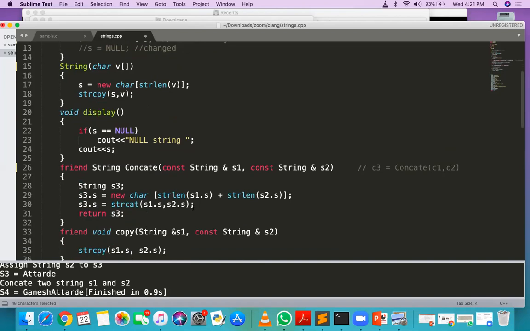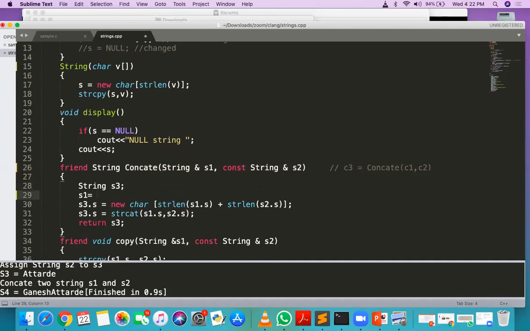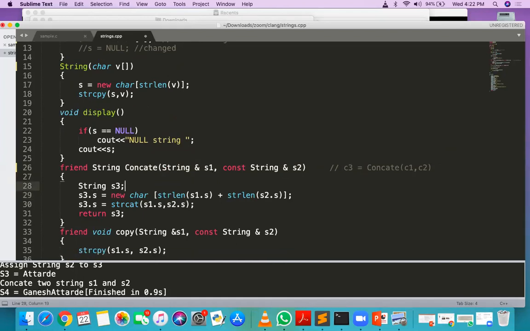Why are you using const strings, sir? Generally, the purpose of the concat here is only to read the value of S1 and the value of S2, and whatever the content of S1 and S2 is gets added together and a new string will be made. If I'm not using const, then I can modify the string through S1. Oh, I thought it was concat, sorry, I thought it was constant.